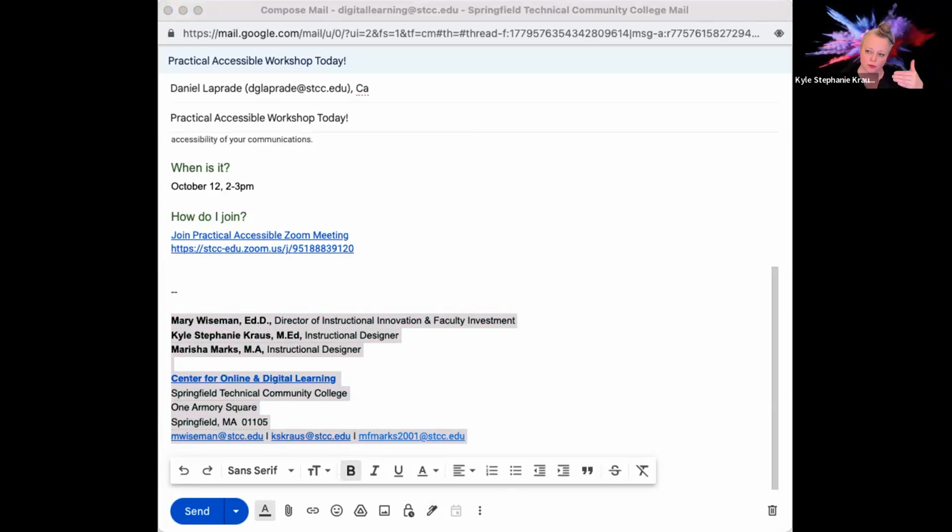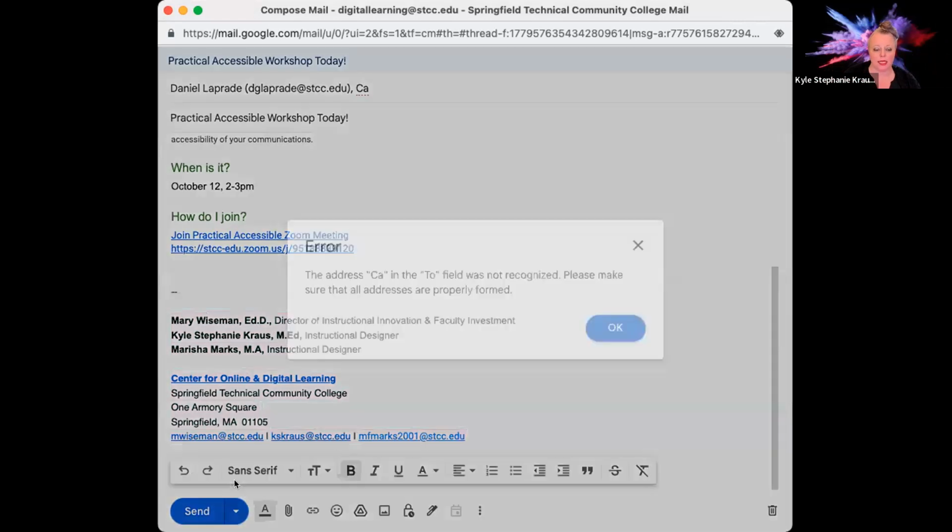Then, so you've got your people, you've got your text, you've got your signature. Then you're going to have 2 send options. Your first send option, if you click on send, it's going to immediately go out. If you are not sure or you want to hold off, there is this really awesome feature called schedule send. And it is the little tiny triangle that is directly to the right of the send word on the blue button. And when I click on this, it's going to give me a little button that says schedule send. When I click on this,